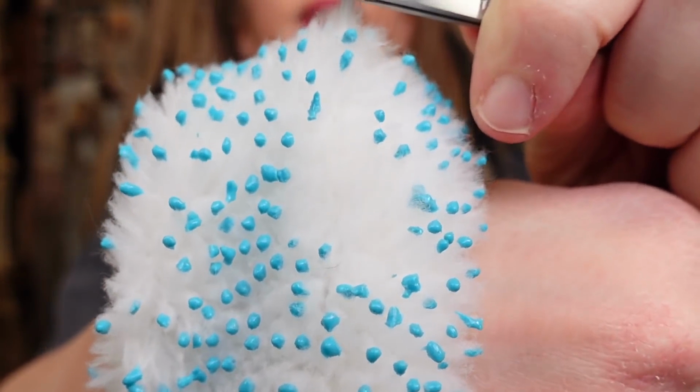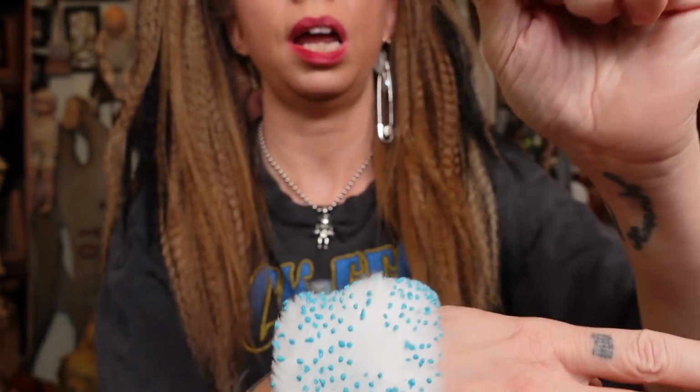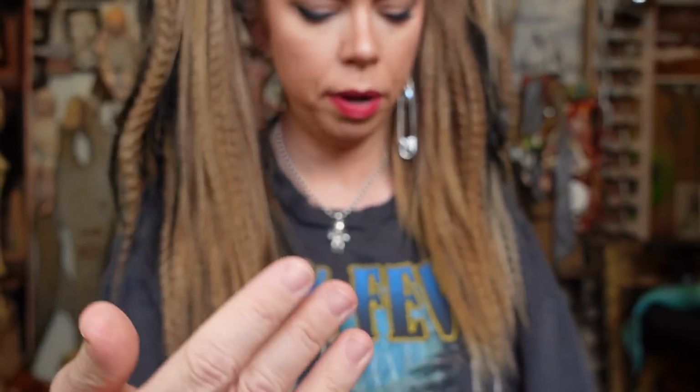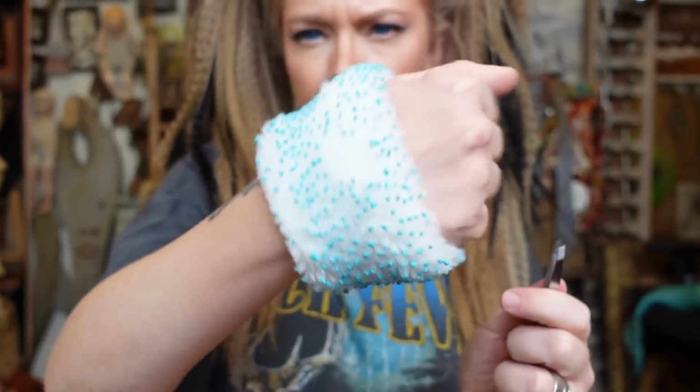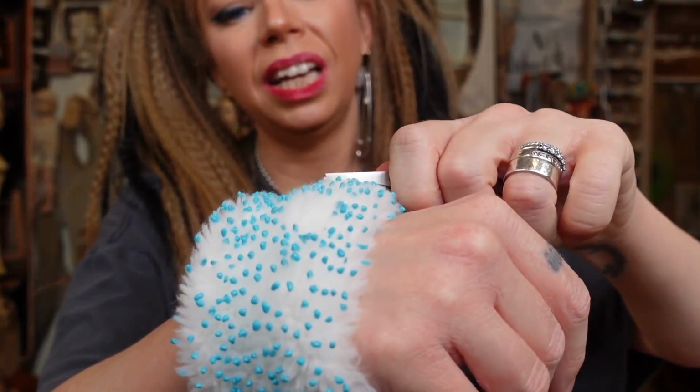All right, you guys, last couple extractions. I'm trying to not grab onto it. I don't know if everybody would have the same desire to grab onto it like I do. But yeah, this has been